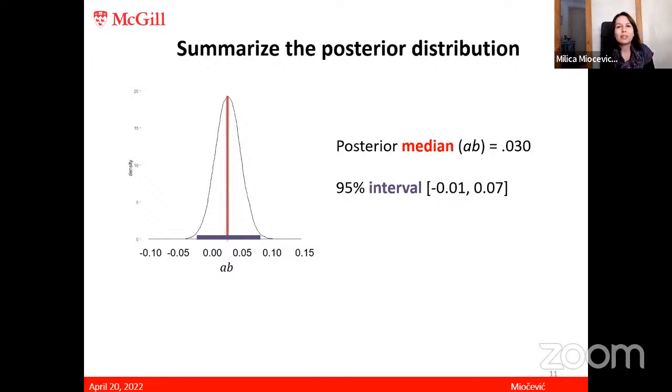When we run this analysis in the Bayesian framework, at each MCMC draw, we simply compute the product AB, and then we have an approximation of the posterior distribution of the indirect effect. And that's what we use to make inferences. If we look at the posterior median of this distribution, it is identical to the frequentist point estimate, and the 95% highest posterior density interval has identical limits to the 95% confidence limits in the frequentist framework. So far, numerically, we're not seeing any benefits. However,